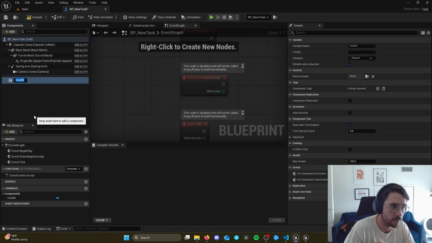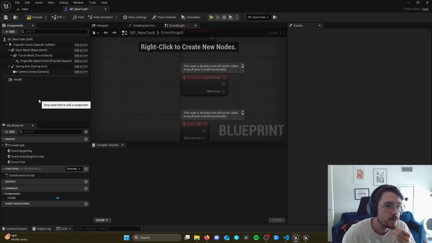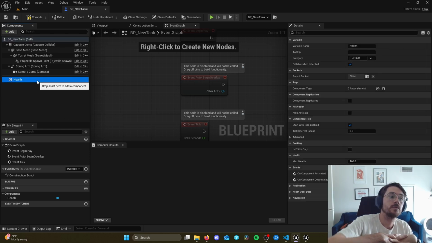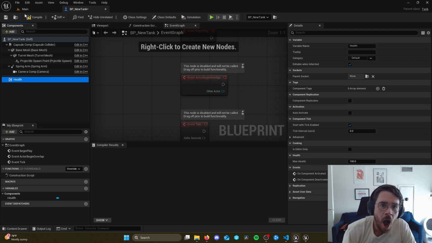And you'll see that under health component, we have max health, and it's set to 100. And we don't see health because we didn't expose that variable. So now BP Pawn Tank has a health component, and it's said that the tank owns this health component. The BP Pawn Tank is the owner of this health component. Let's compile and save and close and open BP Pawn Turret and open the full blueprint